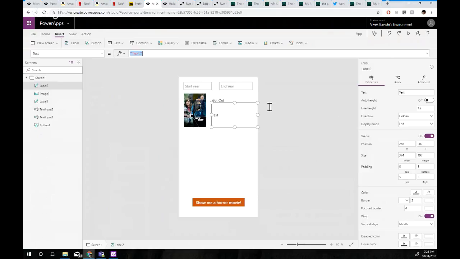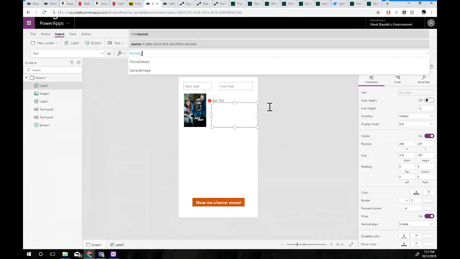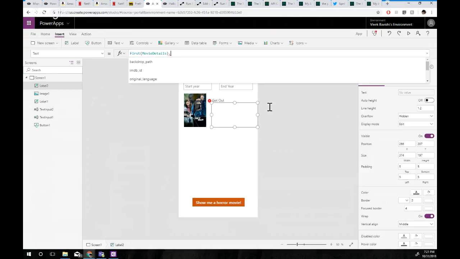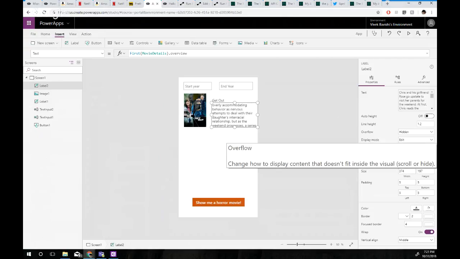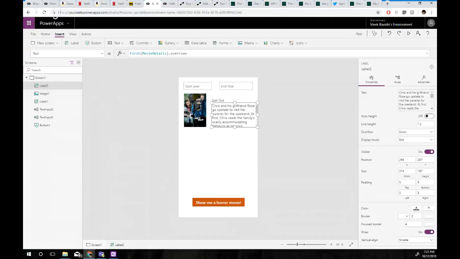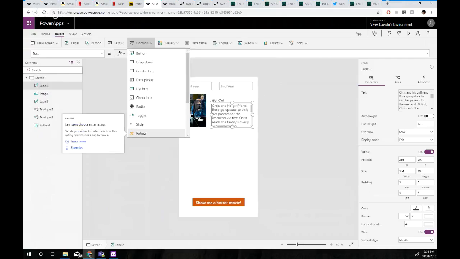So this, I always go back to this. It's kind of like I always use it in a gallery, and that's why I keep doing that. But first movie details dot overview, yeah, and let's put it on the scroll. And one more thing, let's just put the rating so that we can see. And because that's something that we can put in a rating control,